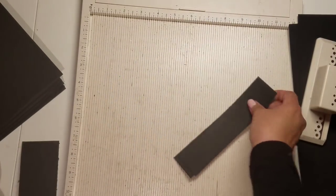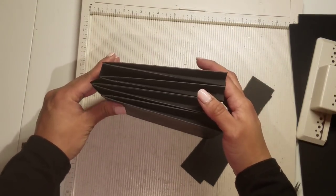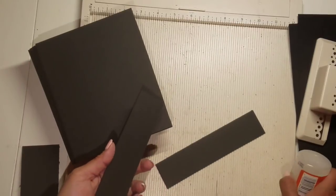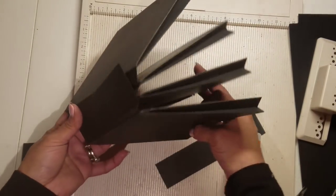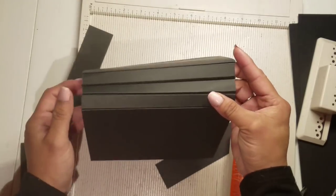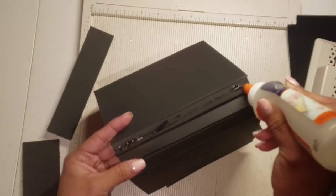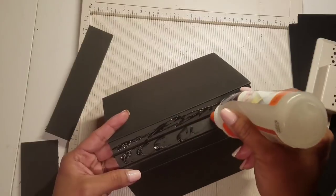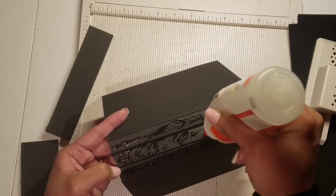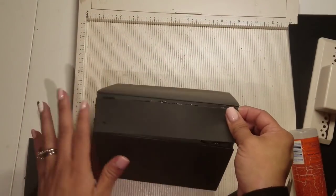And the only reason why I need this piece is because I don't like my album to be moving around. See how it's very kind of unstable at this point. So I add these right here on my spine. So that way my spine stays flat and it doesn't keep doing this. So I'm just gonna add some glue all along my spine here, just like that. Just like that. So I'm gonna glue it here on my spine,